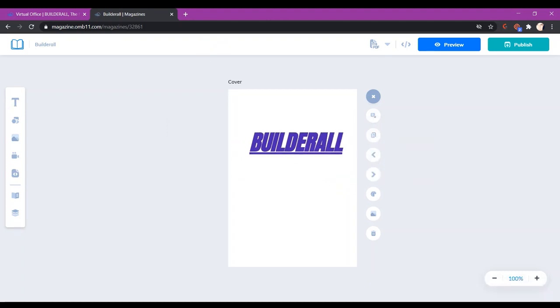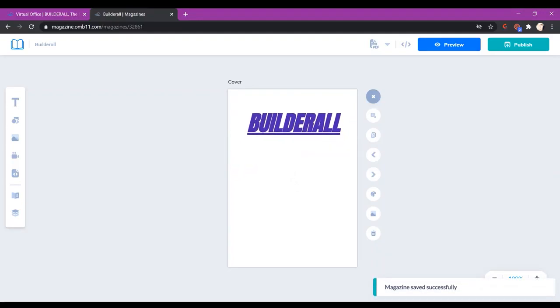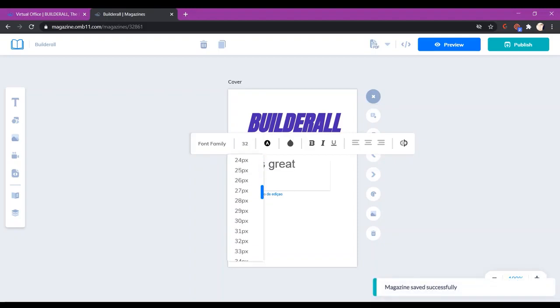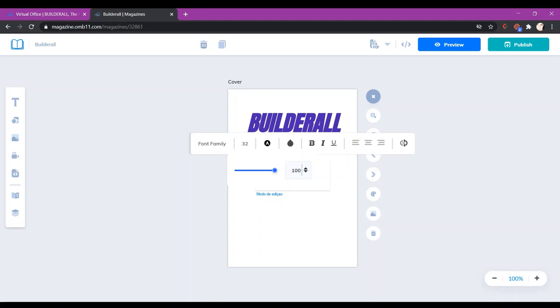Now you can see it shows magazine saved successfully. It does that automatically, so you don't need to worry about saving. There's no save button at the top. Now that one is linked, but let's add another one because I want to show you. If I go to text, and I'm going to write "is great", and I'm just going to increase the size so that you can see it, and I'm just going to give it a color,